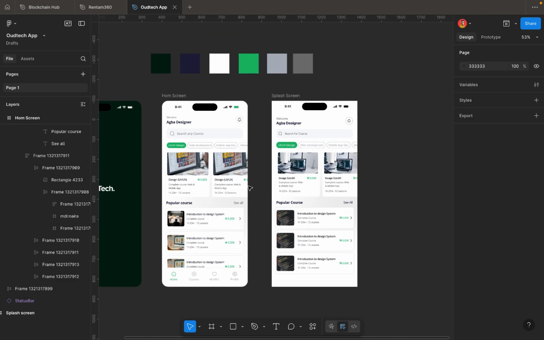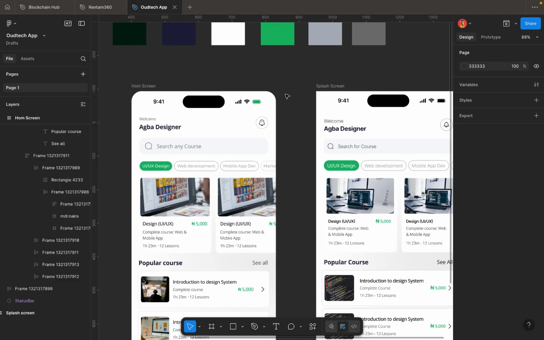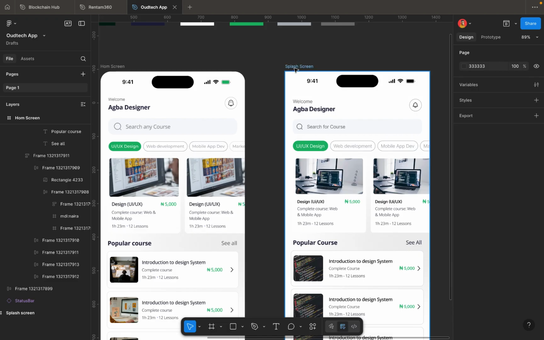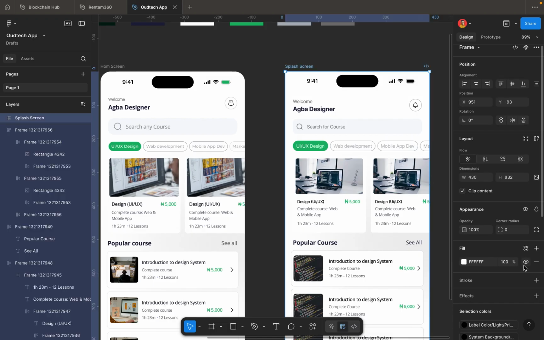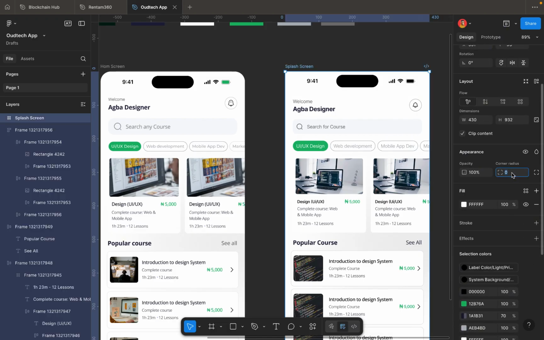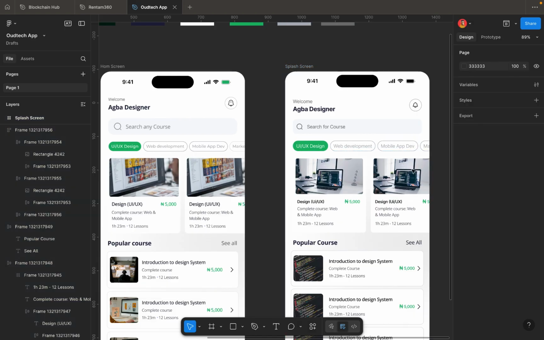You will be like, this one is actually cornered, but this one is not cornered. Is it a different frame? No, it's not a different frame. So you can still make yours corner by clicking this guy, then come here that says corner radius. You can give it the corner radius of 30, and your entire frame will be cornered since you want yours